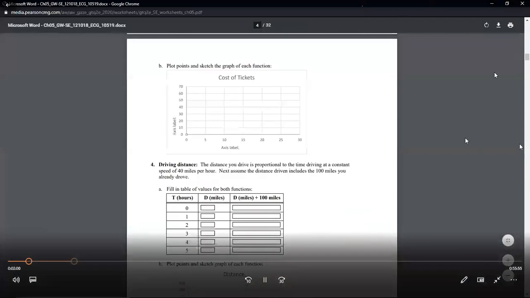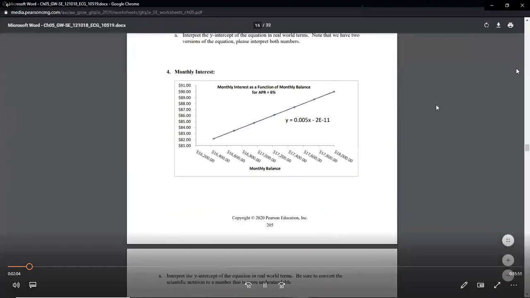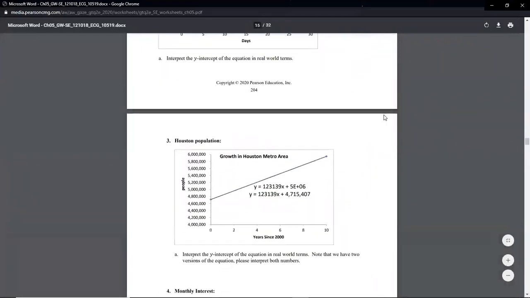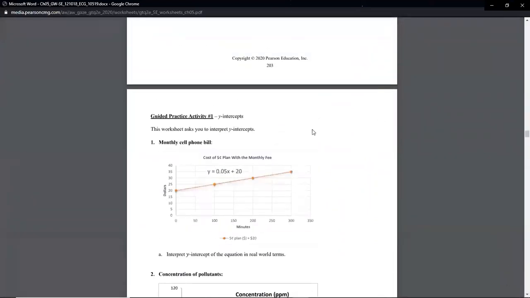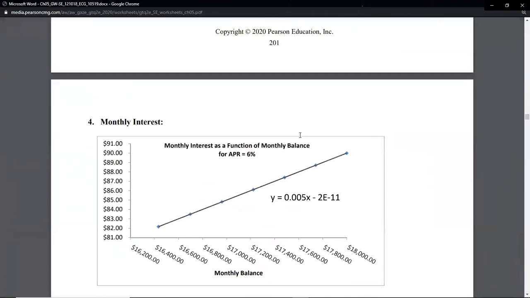Very end of 5.2, doing a guided activity. It's the intercept one, and it's page 204. That's too far. Here we go. All right, so for this activity, in the previous one we had figured out what the slopes